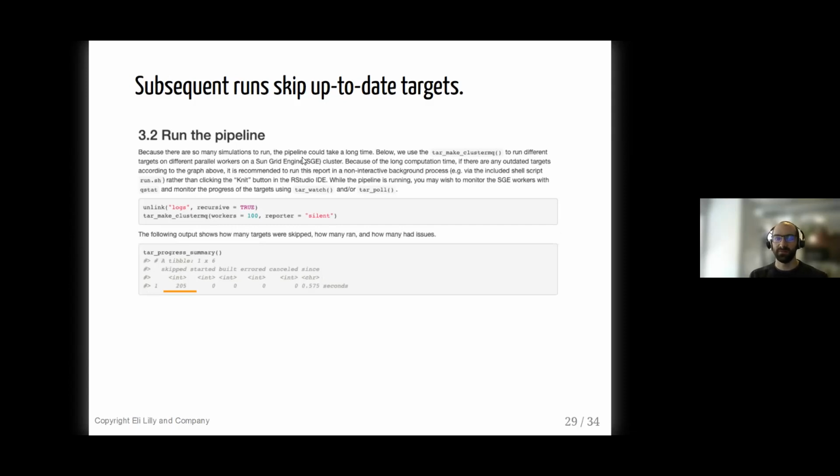The second time I ran this, I just ran it right after the first time. I hadn't changed any code or data. I believe I only made a change to the actual target markdown report text, the prose inside it, and it skipped all the targets, and it did that in half a second or so, or a second. So this is affirmation of reproducibility in a very short amount of time.